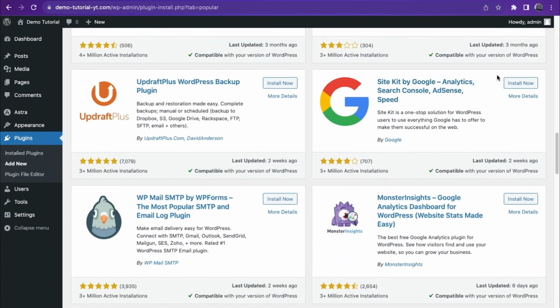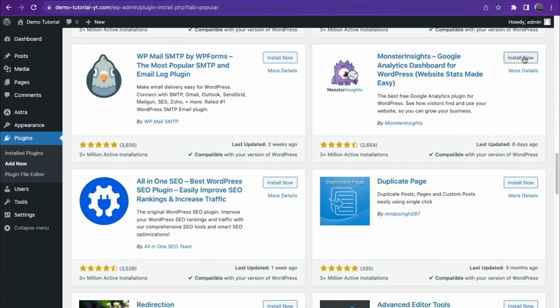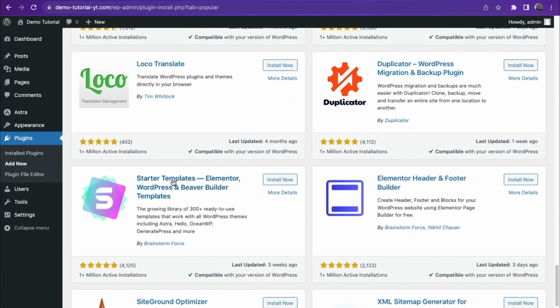install Site Kit by Google because we want to connect this website to Google search engine. Then I'm going to click to enable this MonsterInsights because we want to see the analytics of our website. I'm going to install this plugin because it helps guide you on the SEO settings you need for your website. I'm going to install the Starter Templates plugin because it will be the thing we're going to use to build this